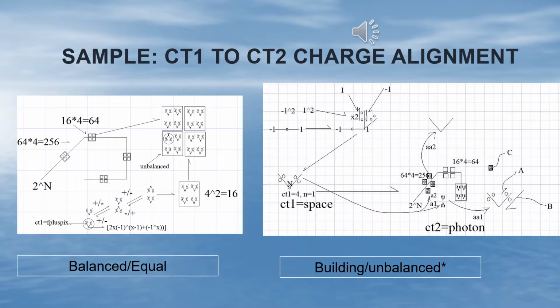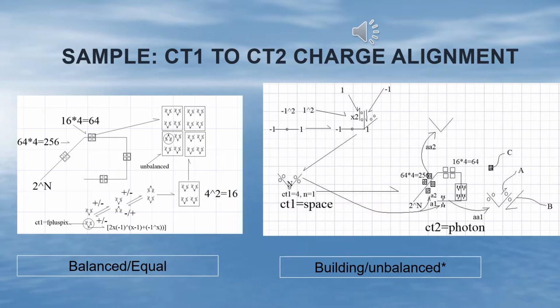There are ultimately 256 aligned CT1 states making up a single CT2 state, although there are more trapped CT1 states within the folds. It's worth repeating that while the compression is 1 to 256 between space and photons, it quickly rises to 1.7 times 10 to the 6th for photons to light and 1 times 10 to the 16th for matter. The ratios are space to photons, then photons to waves, and finally waves to matter, and not space to each higher state. This exponential increase in the amount of information and the number of states that can be trapped within folded information arms creates a dynamic matrix that gives rise to the linearity that we observe in the universe.